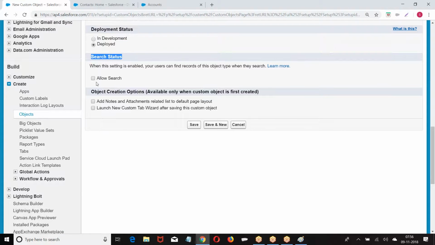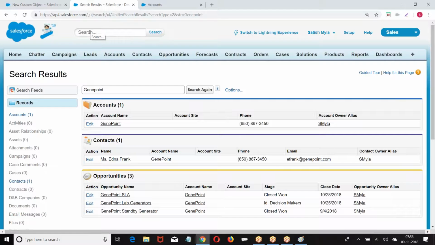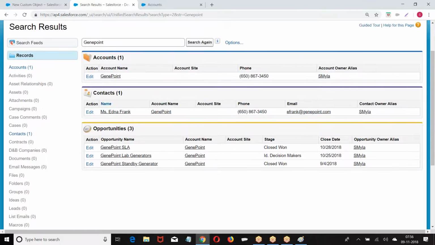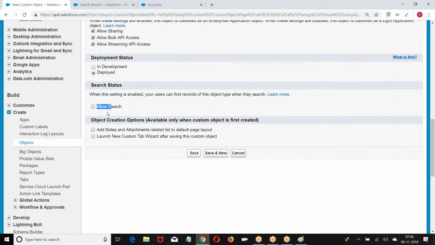Then allow search. Now look at this. When I type here, we are able to search for this data from account. The data which is available in the account, I was able to search from the global search. Similarly, can I search your data from global search or not?